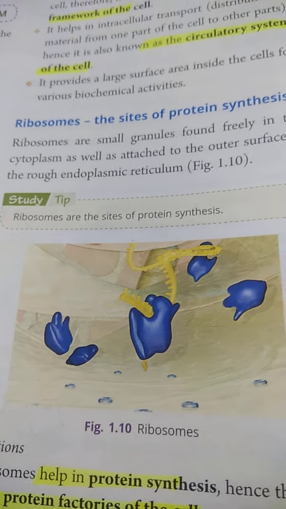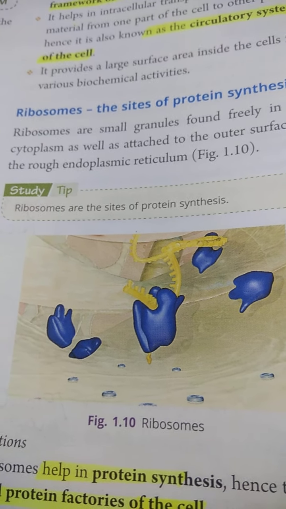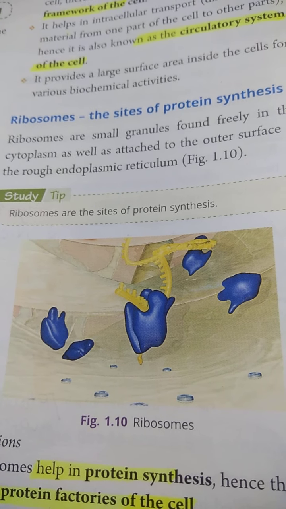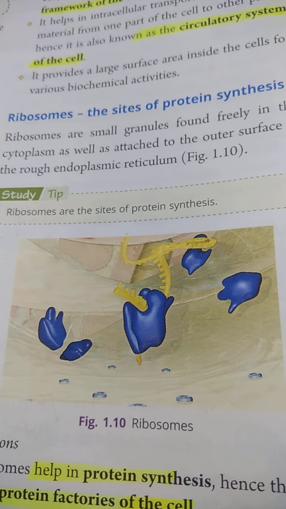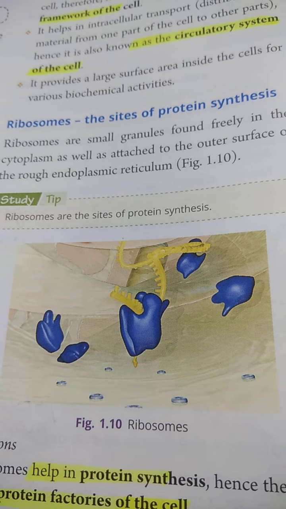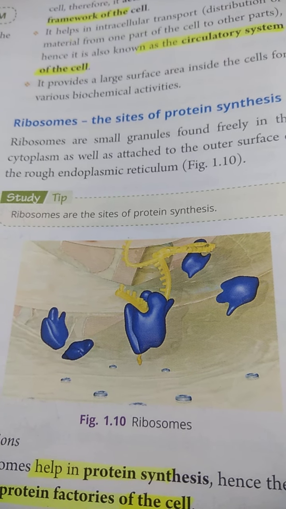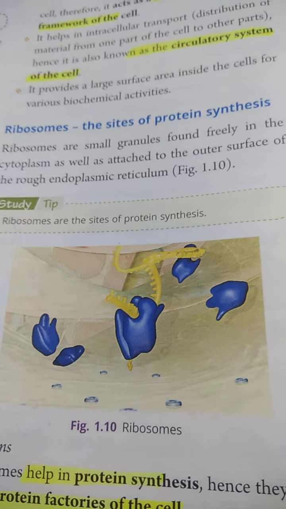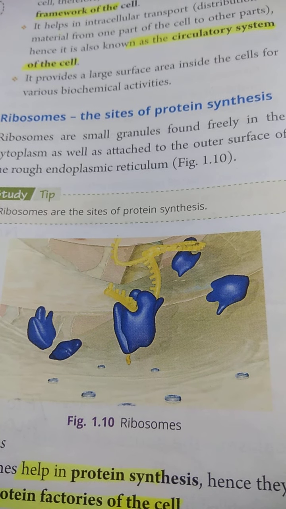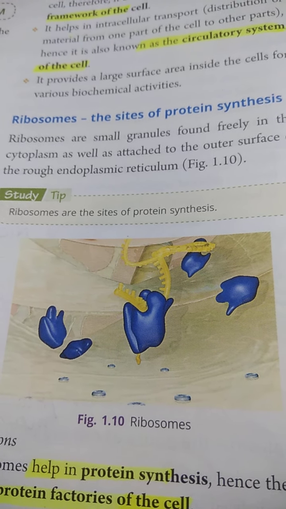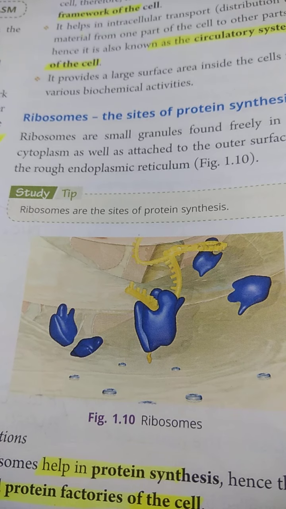Ribosomes are of two types, 70S type and 80S type. The 70S type is found in prokaryotes, mitochondria and plastids. Plastid means chloroplast. And the 80S type is found in eukaryotic cells. You must know the difference between prokaryotic cells and eukaryotic cells. There is a difference of nucleus. A well-developed nucleus is there in eukaryotes, and a primitive nucleus is there in prokaryotes. So ribosomes are of two types, 70S and 80S.